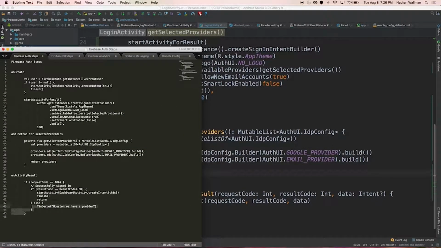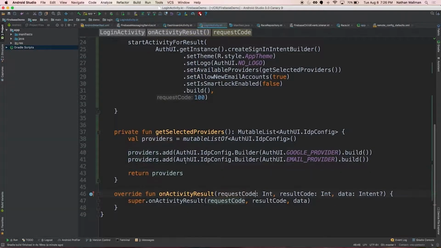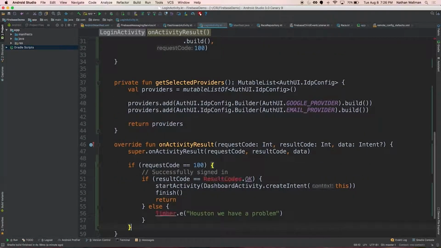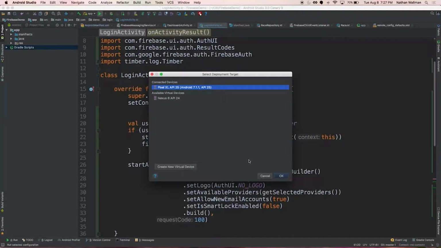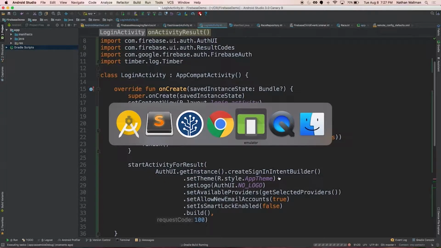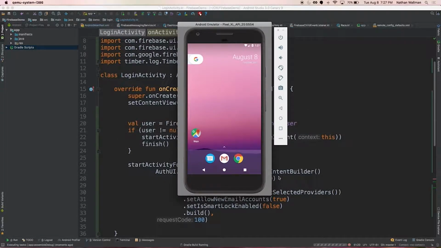The last piece is, so when they successfully exit out of the Firebase UI, we want to handle what to do, right? So if we defined up here the request code of 100, so if it's all successful, request code of 100 is going to come out, and down here on the activity result, we're going to check for that. Hey, we know they're successfully signed in, so now we're going to go ahead and launch them into the dashboard activity. So that code right there, in theory, should work, and we should be hooked into Firebase Authentication. So now everyone can cross their fingers and toes, and we will hope that this works.